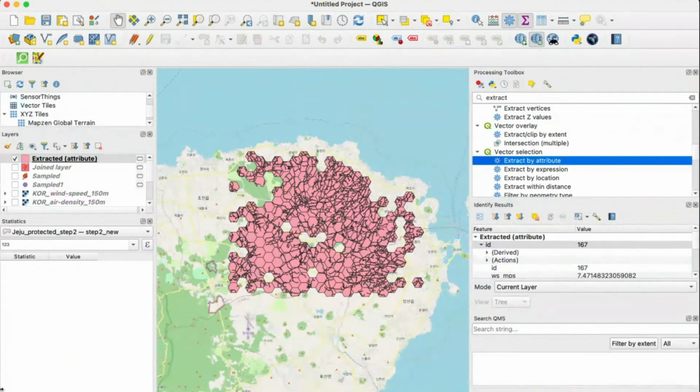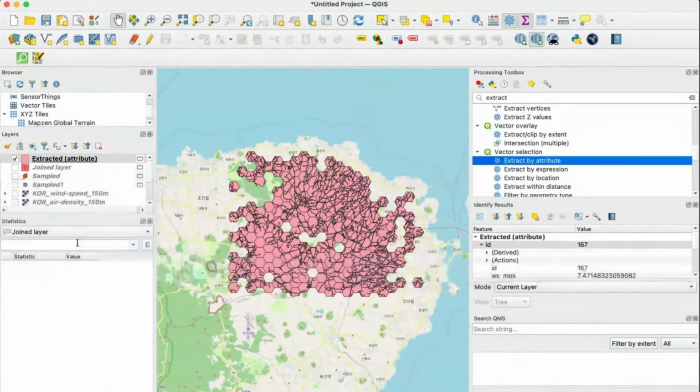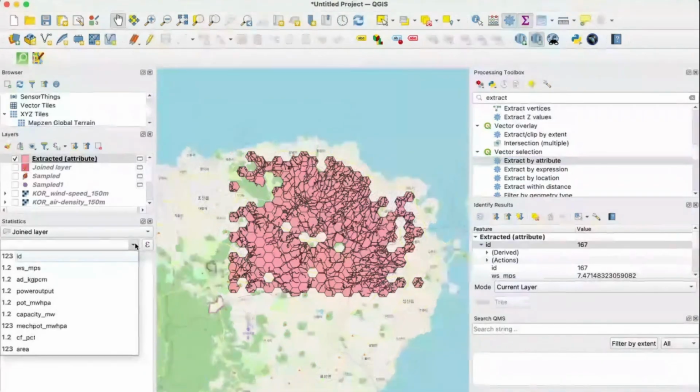Please thumbs up if you have the statistics panel on your screen. Okay, then choose the joined layer. Choose this joined layer, and then we'll choose